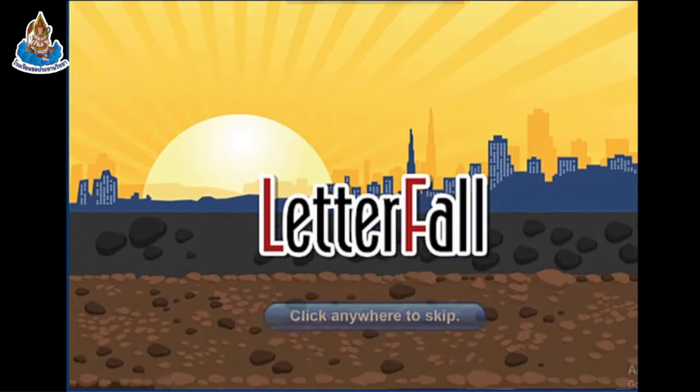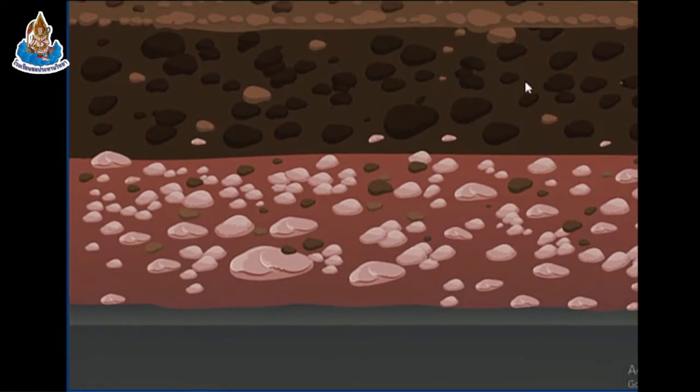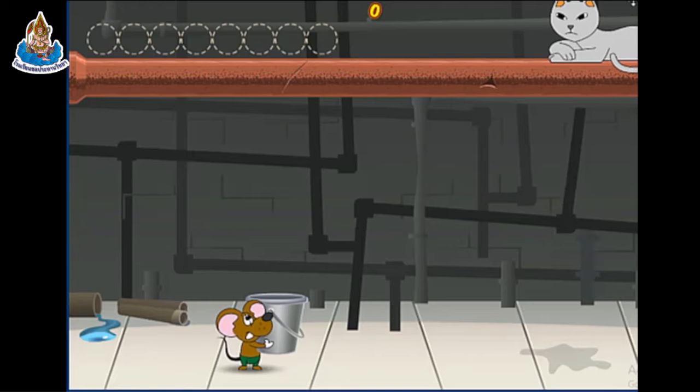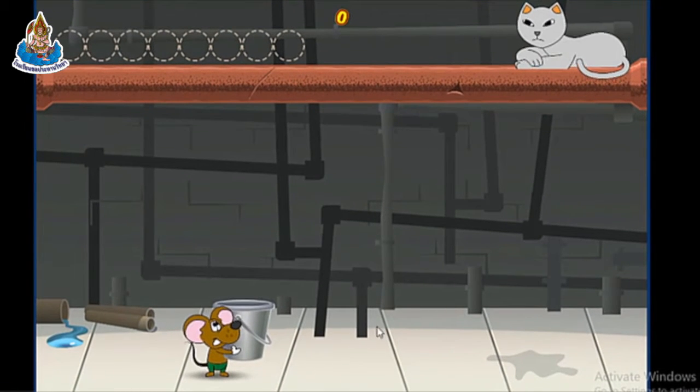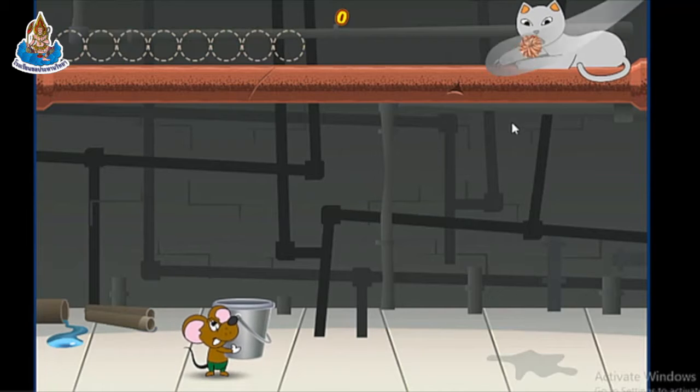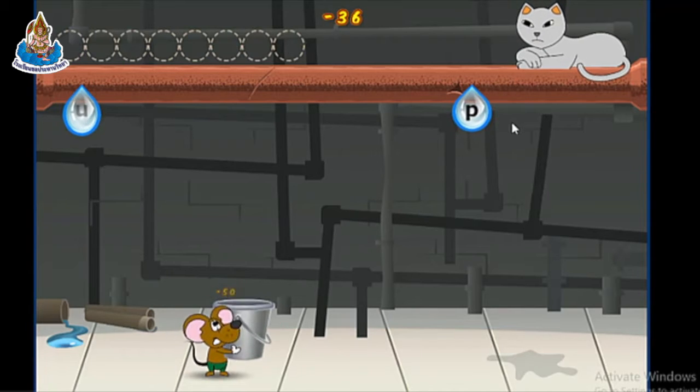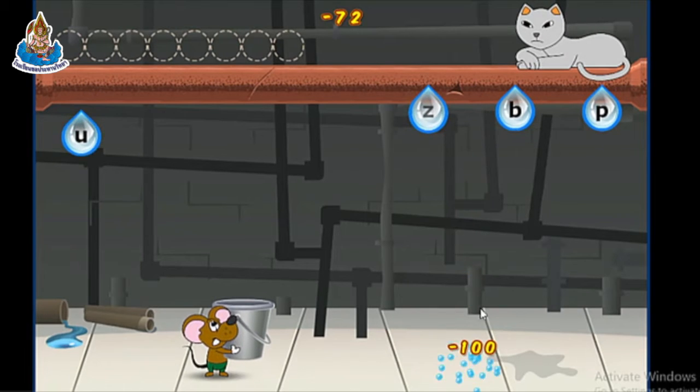So here you can see the game. Use the left, right, and up arrows on your keyboard to help the mouse catch the falling letters and correctly spell each word. You can hear the directions there. Motion is a change in position or location. So you're going to spell position, so you just have to catch